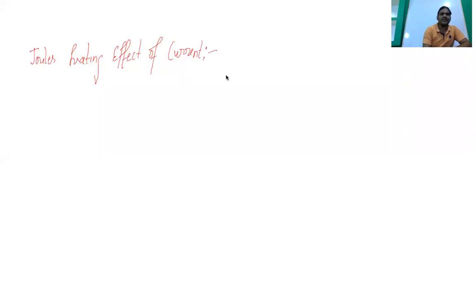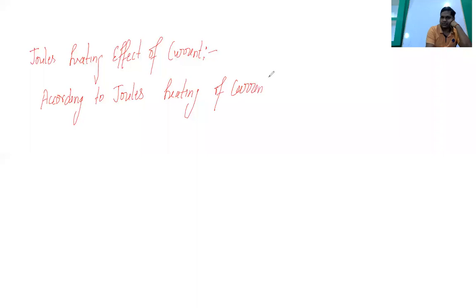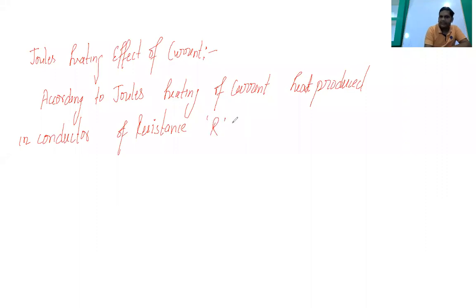So according to Joule's heating effect of current, the heat produced in a conductor of resistance R in time t, when current I flows through it, can be written as